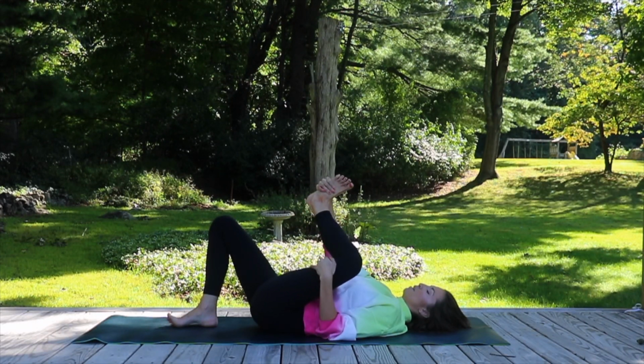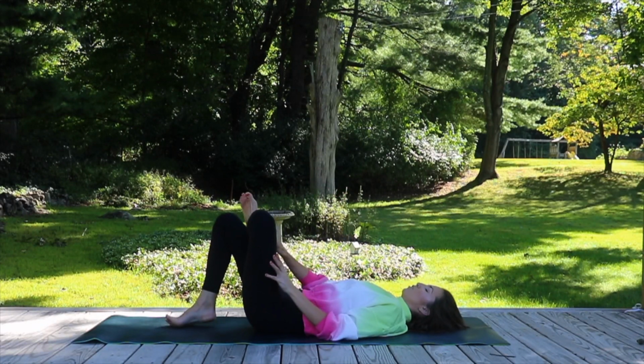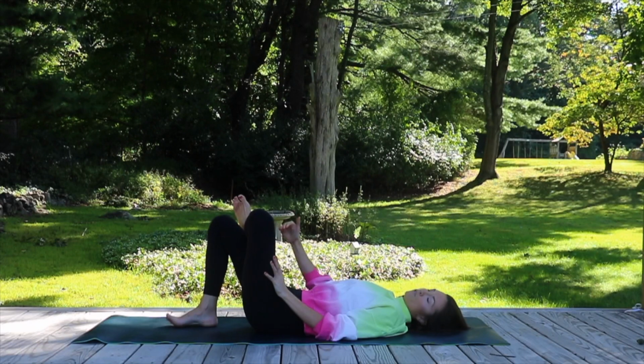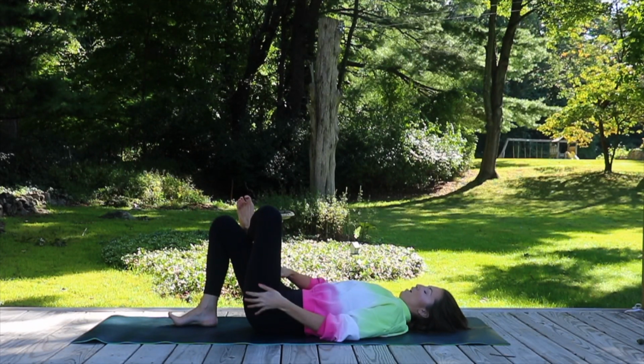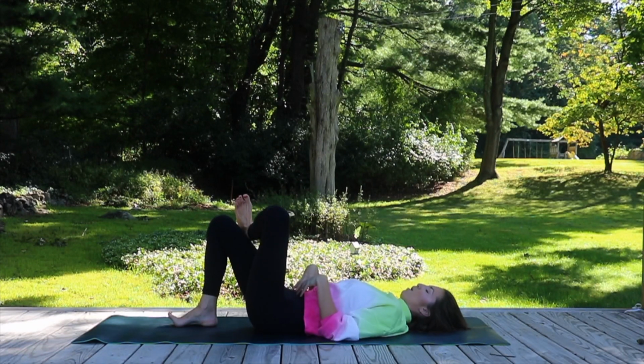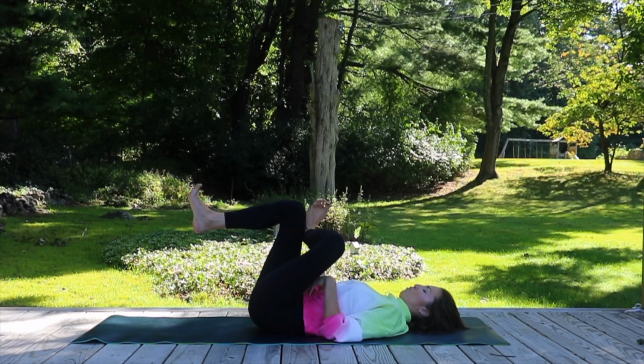Good. And then what we're going to do is keep this shape with our left leg and just gently place your left ankle just above your right knee. We're going to come in for half pigeon on our backs now that we've gotten a little bit deeper into the hip. So hollow out the belly. Low back is all the way down on the ground,